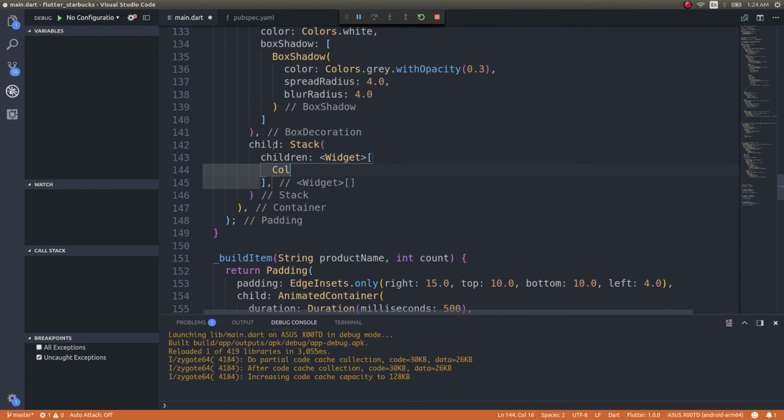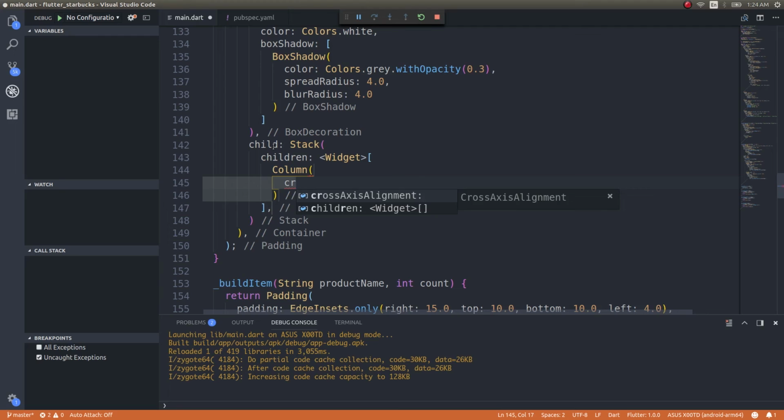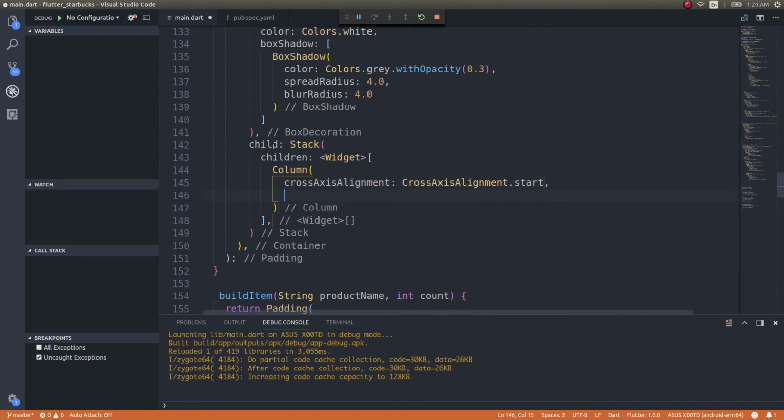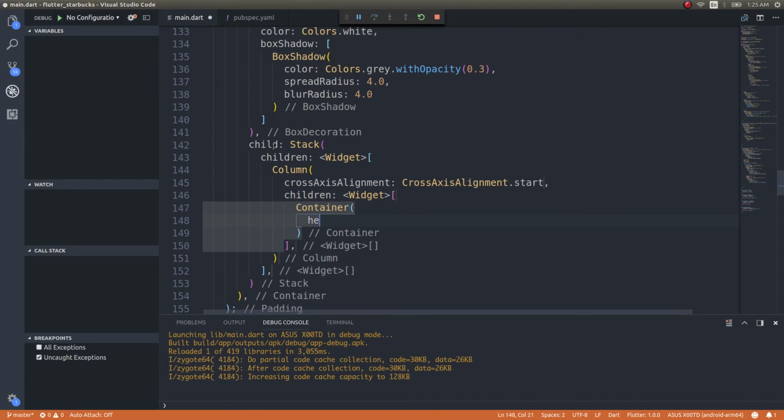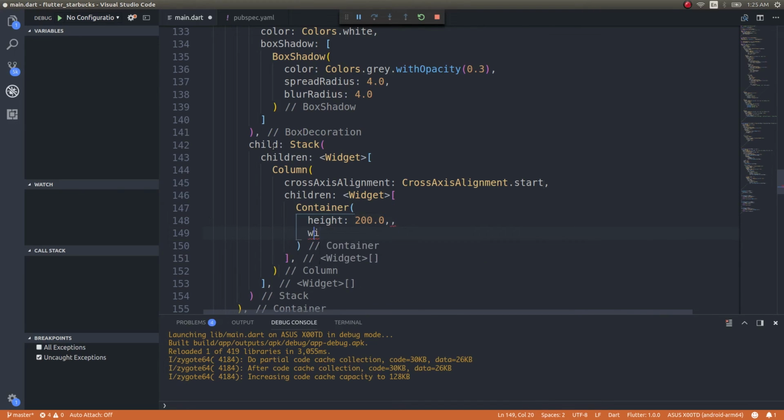Children will be column. Inside this I'll have cross-axis alignment dot start, children, widget container, and inside this container height will be some 200 units, width will be some 225 units, and decoration would be box decoration,